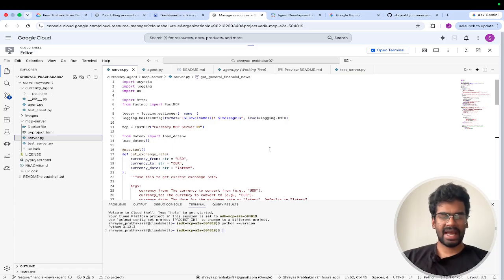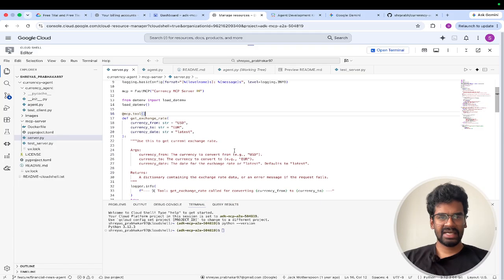For this I have made use of FastMCP from the MCP library, and this is the place. What is MCP? Before that I need to tell you, MCP is used for either accessing tools or fetching data, and it is useful in agent development. Here I'm configuring the tool, and I have created a function which will take the USD conversion,